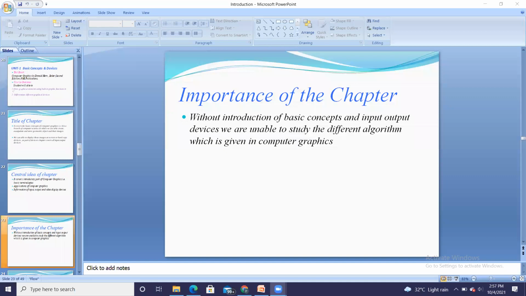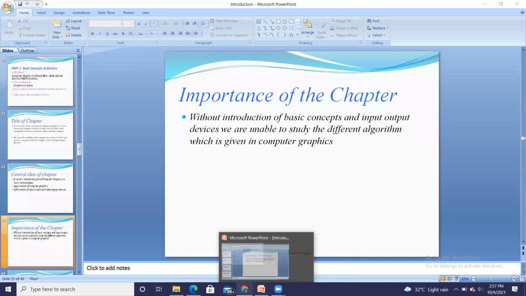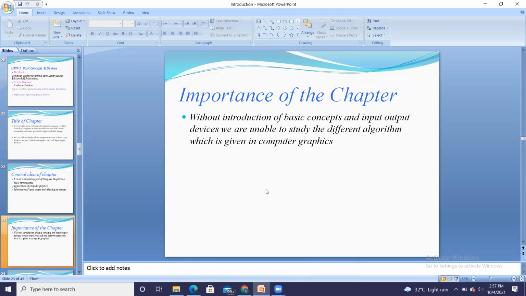Okay, let it be. Suppose I want to draw any point on the paper. If I place that point onto the paper, it should have its X and Y coordinates, isn't it?